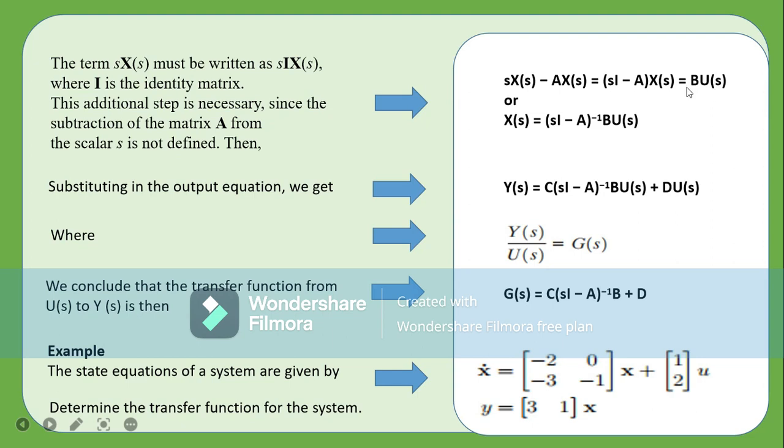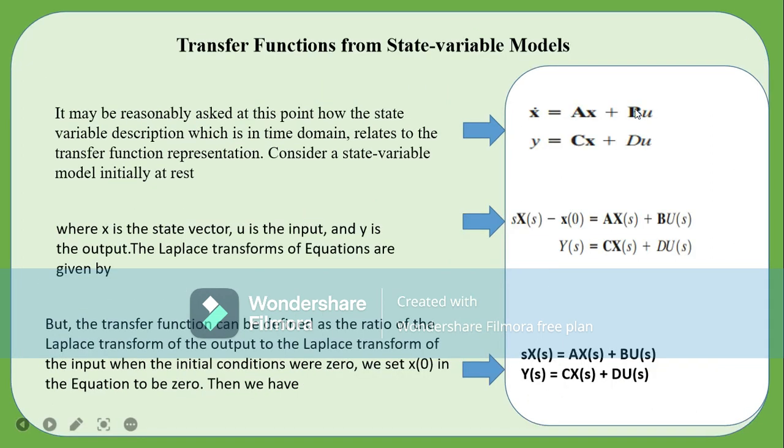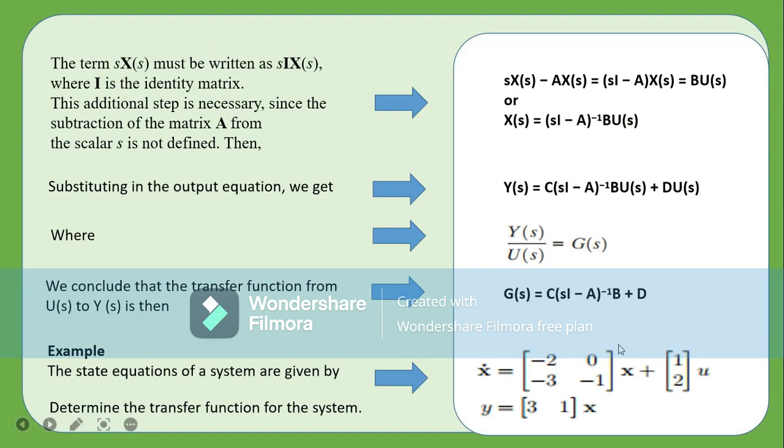Remember, this Bu of x is just as we have it here, this Bu of s. When you move this to this point, you should be equating to Bu of x. Now we have that this way. Now, remember, we can make S of x the subject. When you make S of x the subject, what are you going to have? You're going to have S of x is equal to